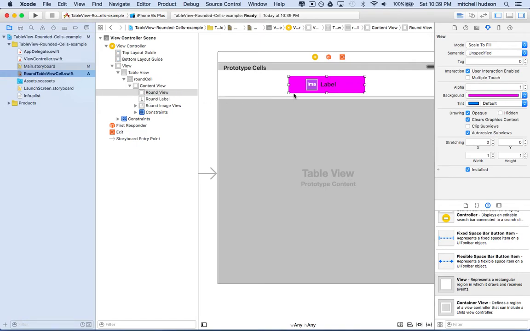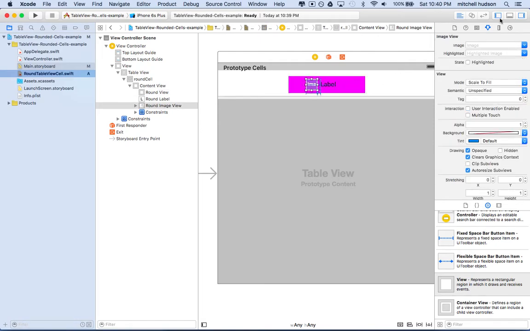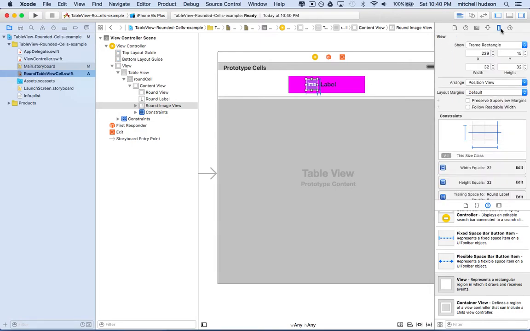So what I want to do here is I want to make sure that this is the same width as the label plus the space here and the width of the image, and then a little bit more to give me a little bit of space on the side, and then maybe a little bit more on this side, okay? So let's take a look at the image view just for a moment. So looking at the constraints here,